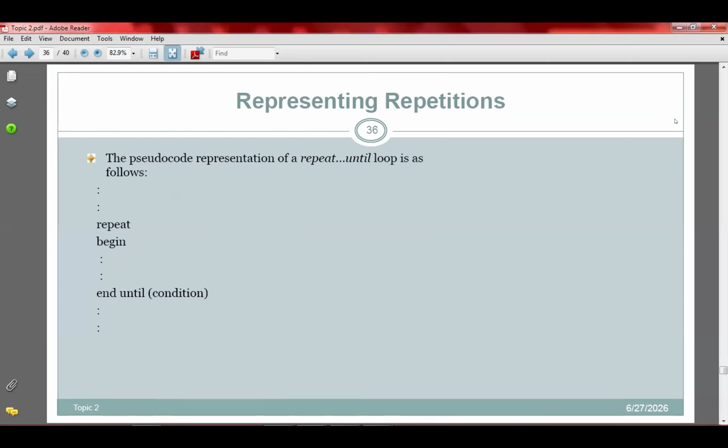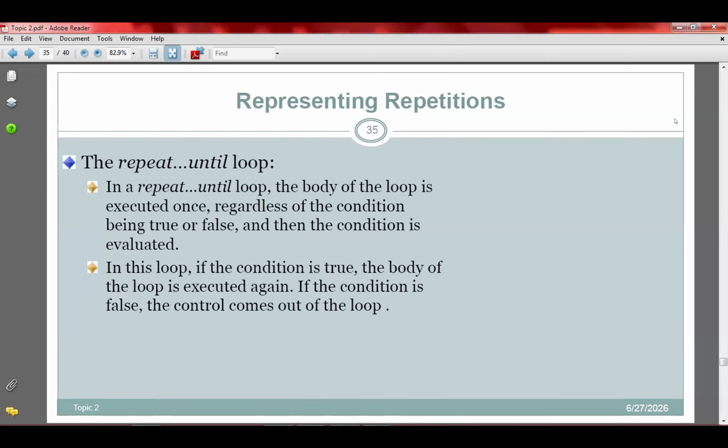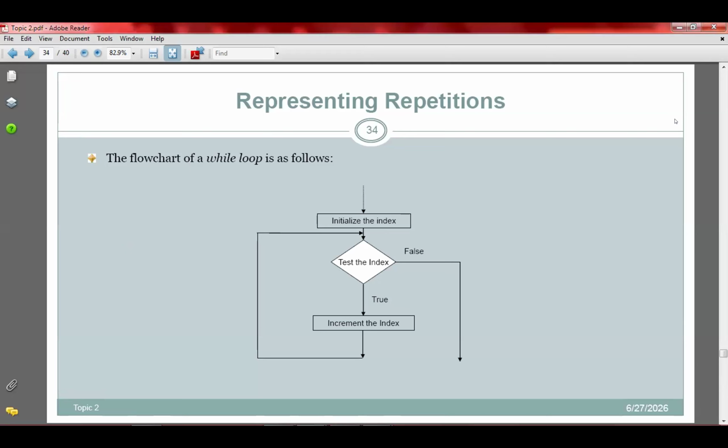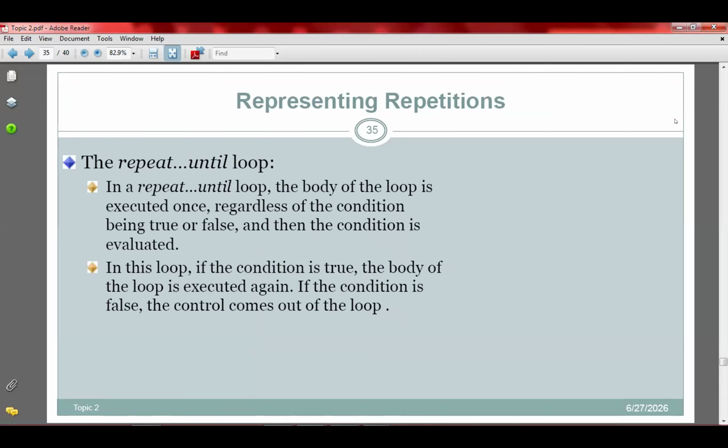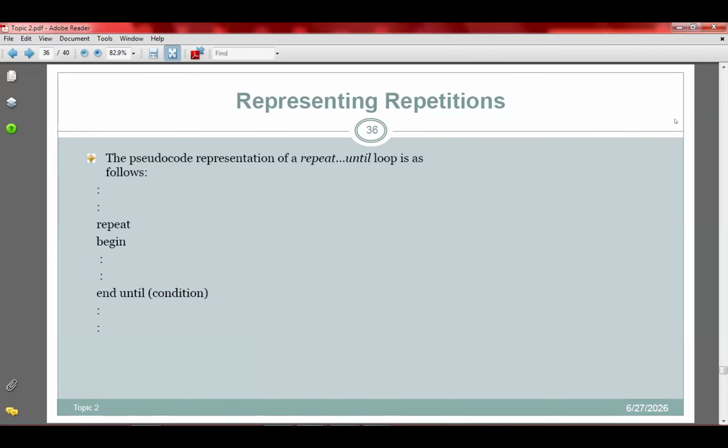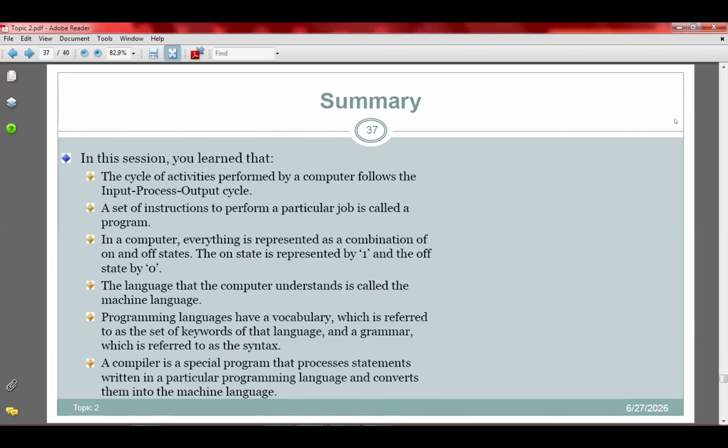And we have the for loop. The for loop behaves the same as the while loop. That one too, you have a condition that you must satisfy, and then you have the number of times that you must repeat. Next week I'll be coding. For programming, we use more of the while and then the for. So this brings us to the end of what we were supposed to be doing last week.